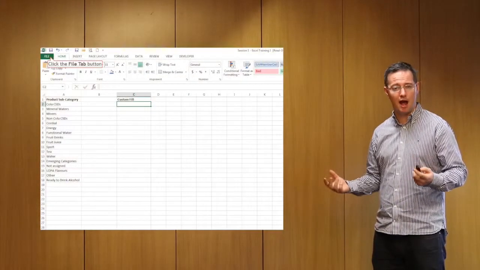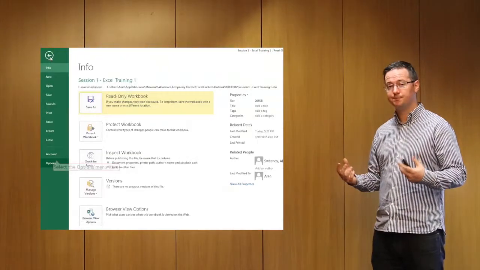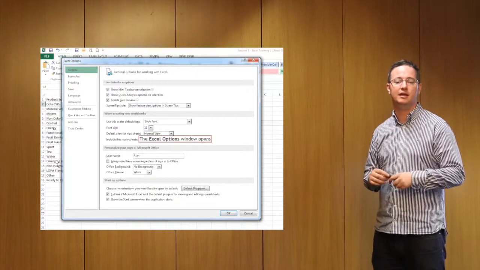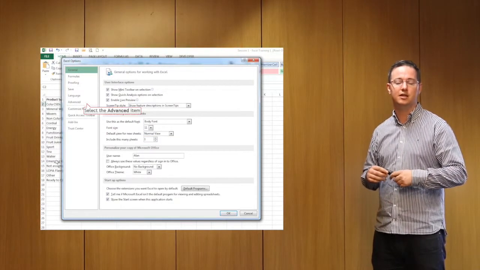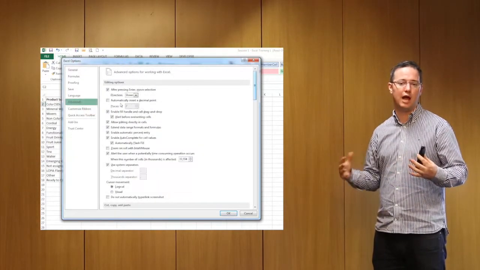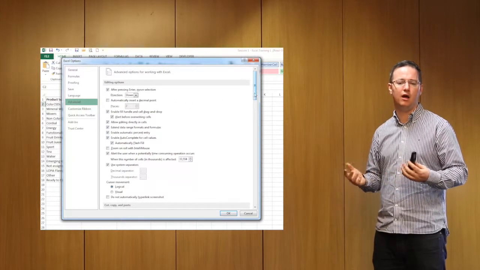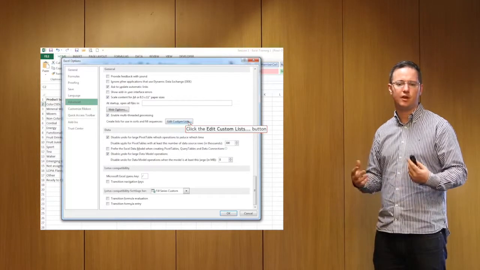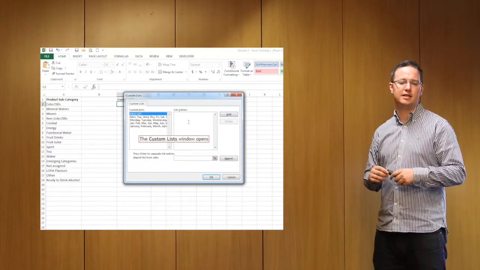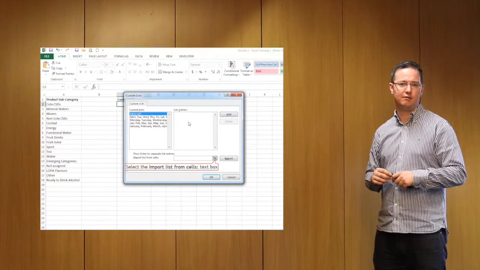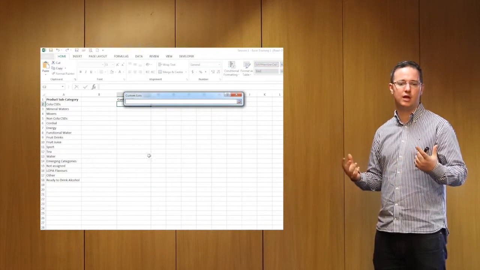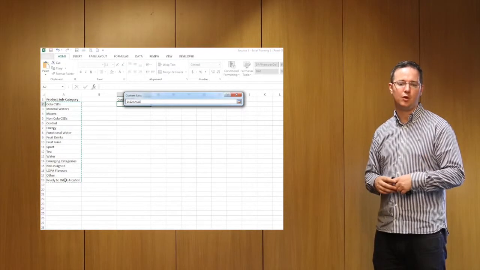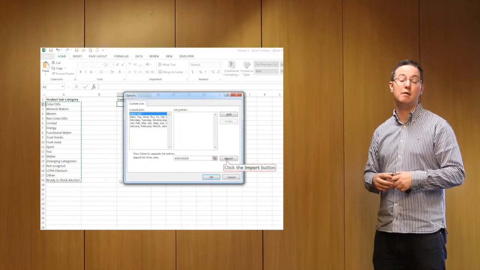First we go to the File tab, then we go to Options, and then we go to Advanced Options, and in the depths of that list is you can add a custom list. So you can see here in the video, we're going to scroll down to the very bottom. We've got Edit Custom Lists, and we're going to get a new dialog box. So from there, you select the data you want to bring in from your spreadsheet, and here we're going to use product subcategories. So we've highlighted our data. It's going to go OK, Import,